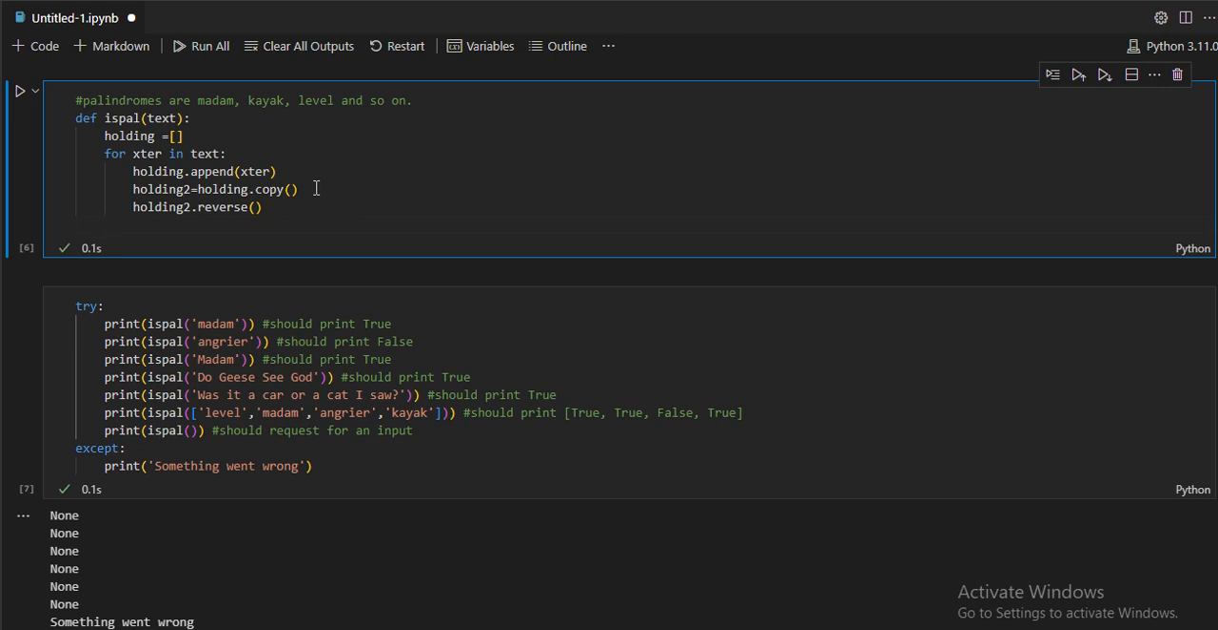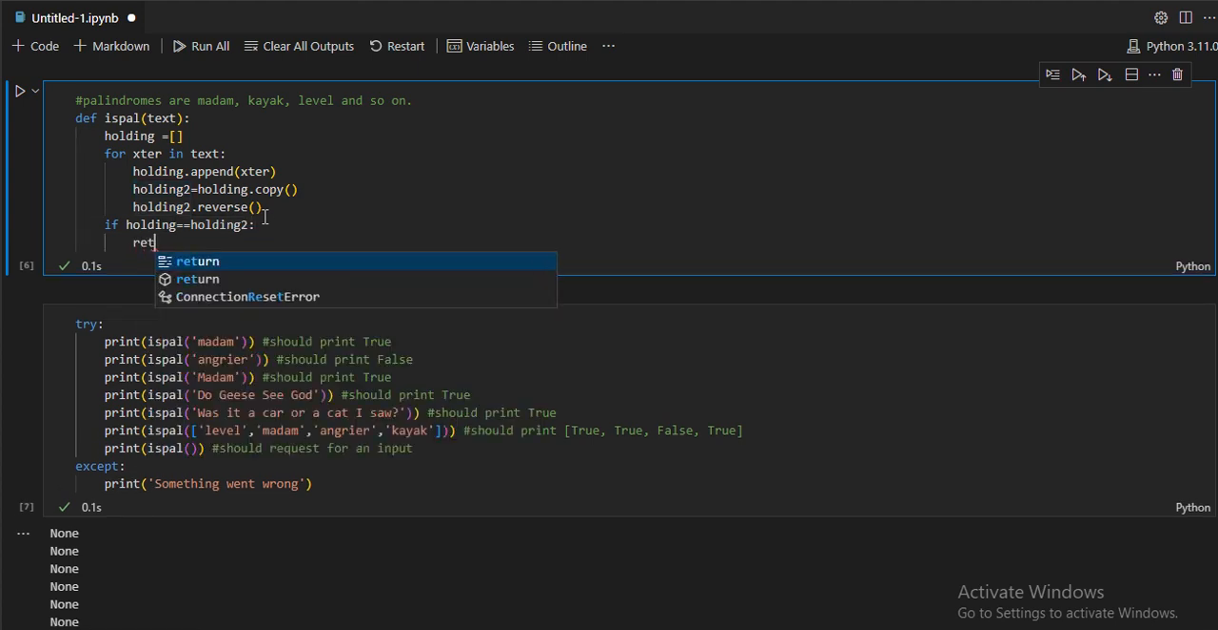I'm going to say that if holding is the same thing as holding 2, okay, so I didn't spell this well. If all the characters in holding are the same as the characters in holding 2, what should happen? Then return